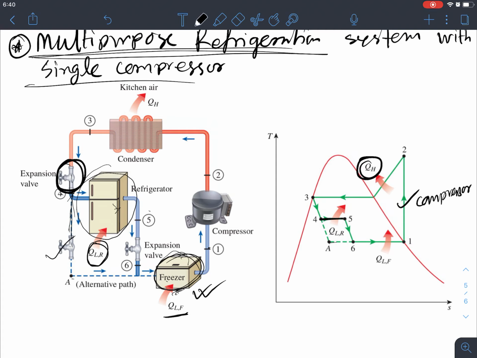So we can create the cooling effect in multiple places just by utilizing multiple expansion valves. So that's the purpose of